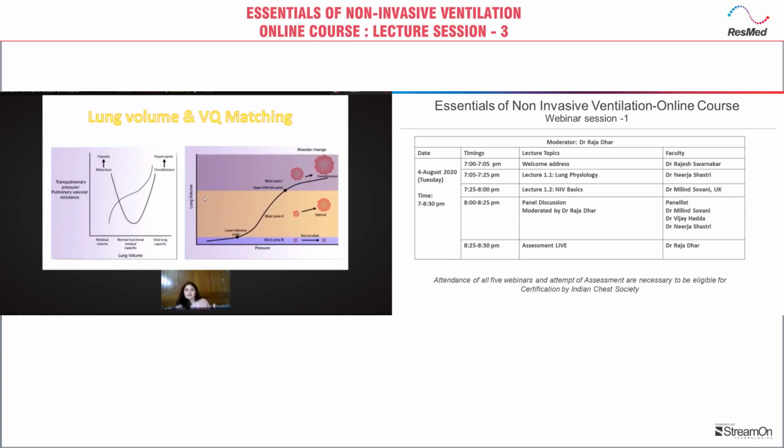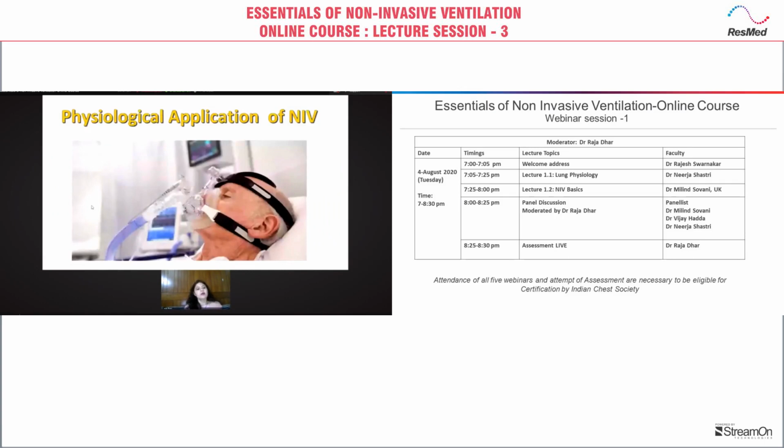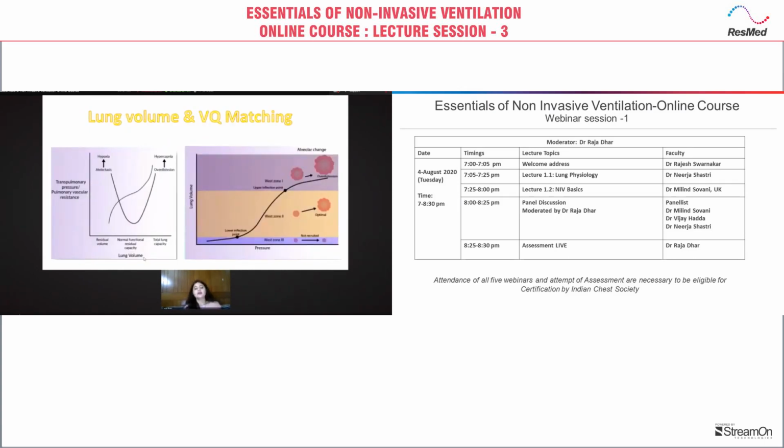If you talk about hypoxia and hypercapnia, both types of respiratory failure, you will see here the amount of pressure, the amount of force which you require to inflate a lung at FRC, is this pressure. For example, this is the FRC and I require this much pressure here. But if I have to inflate a lung which is totally collapsed, for example in hypoxia, I need more pressure. That means the muscles have to work harder. The work of breathing is increased.